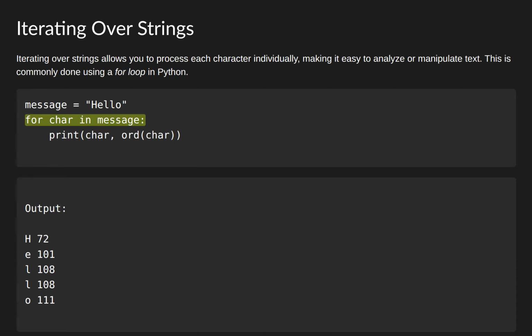Here, we have a string variable called message set to "hello." The for loop goes through each character in the message, one at a time. For each character, it prints the character itself, followed by its Unicode code point, using the ord function. This shows how you can access both the character and its corresponding numerical representation, which is useful for text analysis,